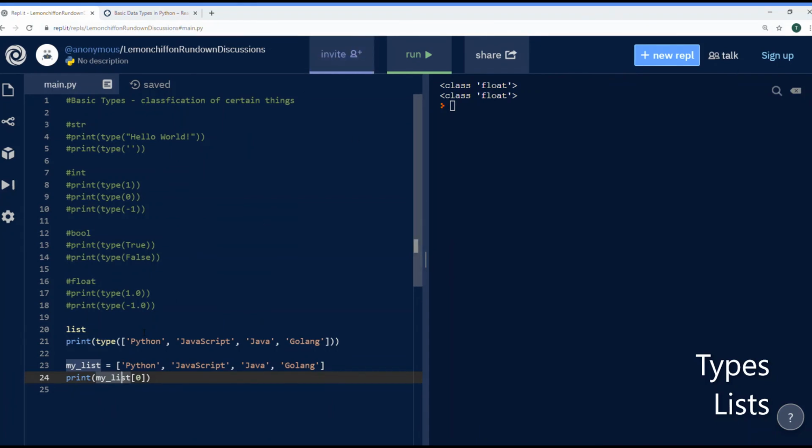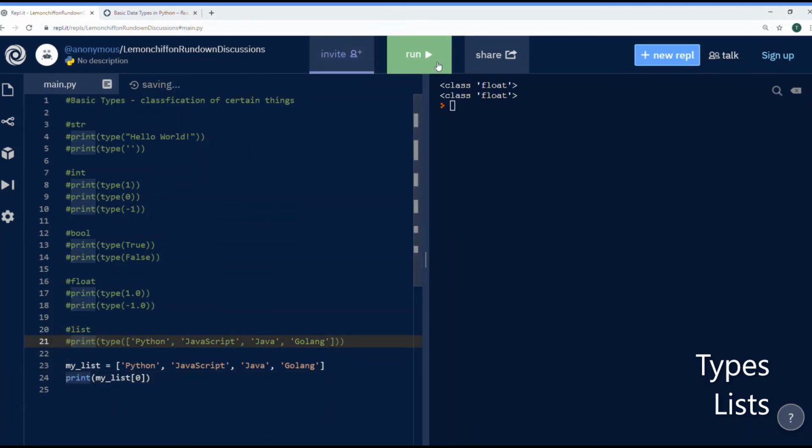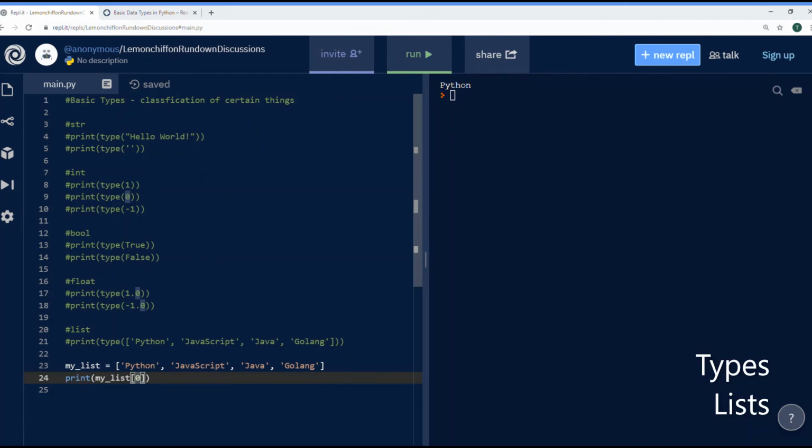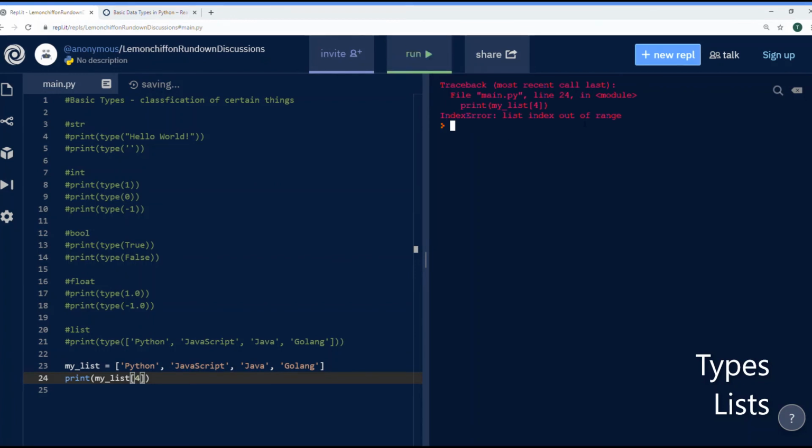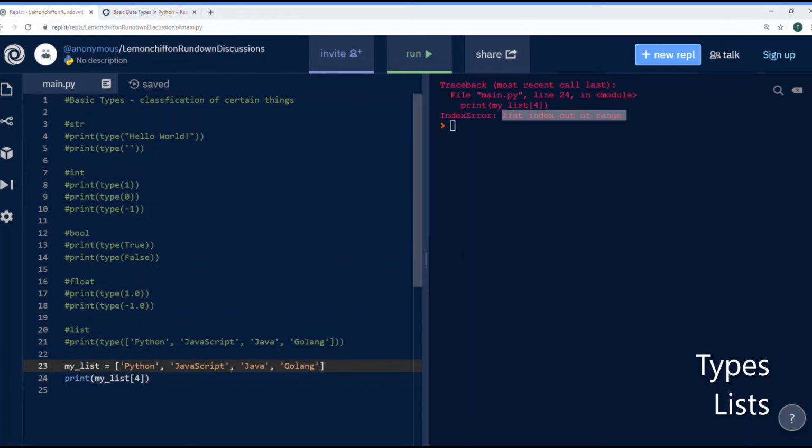So we try to run. I'm just going to comment this out. Run. Python, because this is 0. If I count 1, 2, 3, 4, and I put 4, and it didn't count as a 0-based index, it'll be wrong because it says list index out of range. Well, 4 doesn't exist because it counts by a 0-based index. This is 0, 1, 2, 3. So if I just print 3,